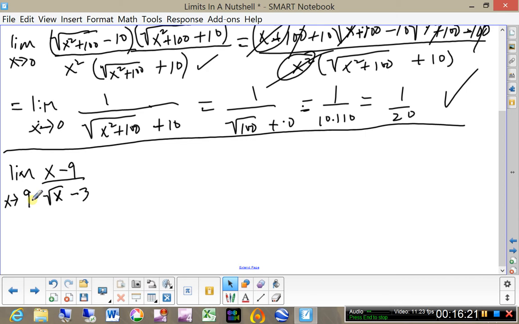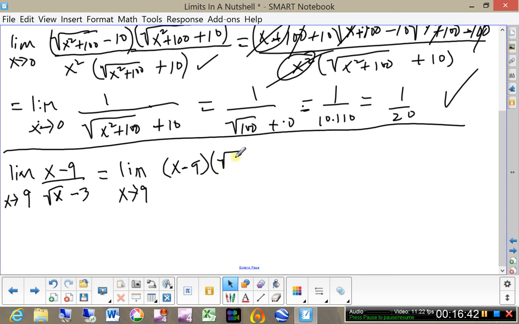Now plugging in, you can see that you get 0 over 0, but using the same strategy of multiplying the numerator by the radical conjugate, which is the square root of x plus 3, and multiplying the denominator by the same thing,